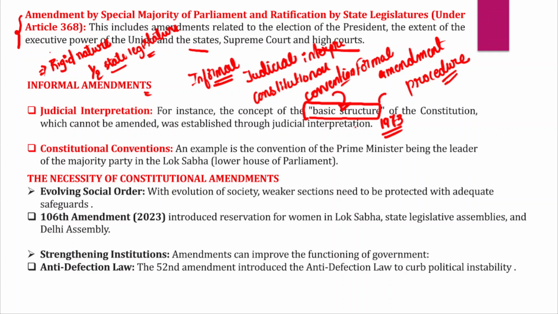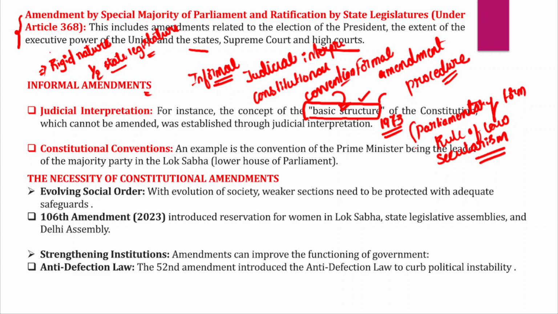However, there is no proper codification, no fixed features of the Indian constitution which could be part of the basic structure. However, the Supreme Court from time to time has been pronouncing new features of the Indian constitution which could be part of the basic structure. For example, the parliamentary form of government in India is considered part of the basic structure. Secondly, rule of law is also considered a part of the basic structure.